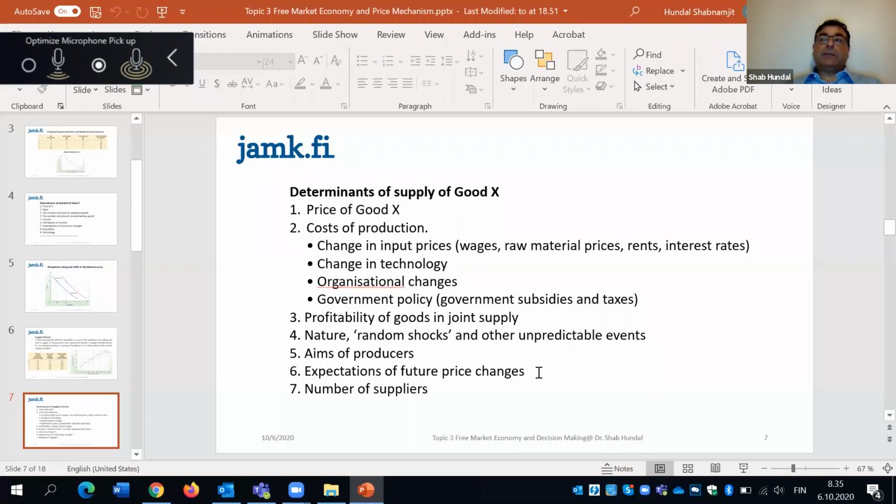Therefore, the companies always look for those markets which are fresh, which are unexplored, and where they can sell the products with comparatively less fear of competition. So these are some of the determinants of the supply. And as I said, that